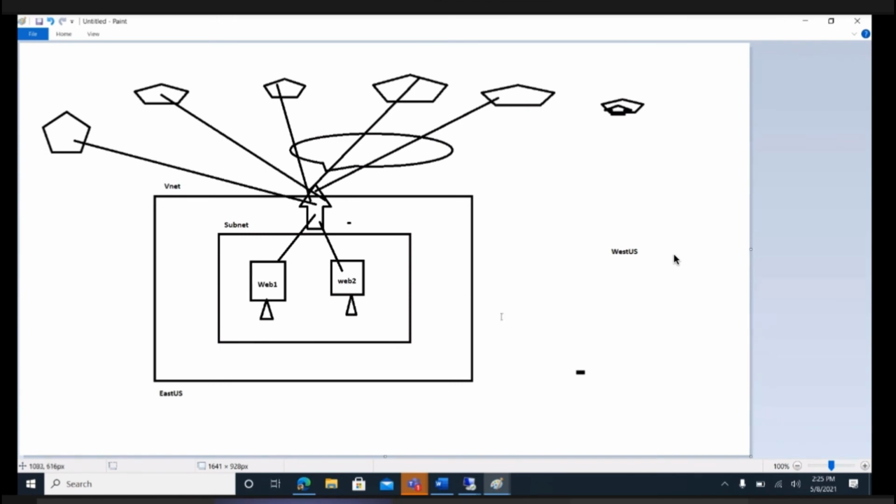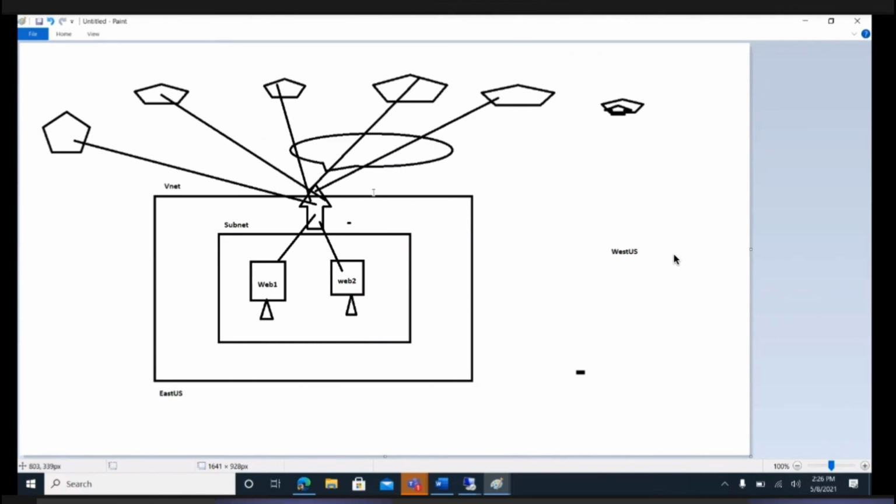It can only be used within the specific region. You cannot expand this load balancer into another region. Let's say you have deployed your load balancer within East US, you will only be able to attach the resources which are in East US. You got my point?